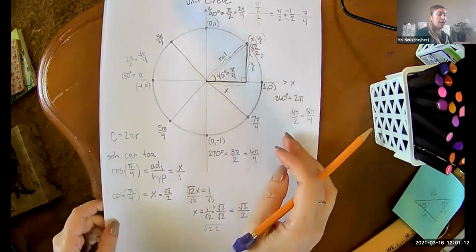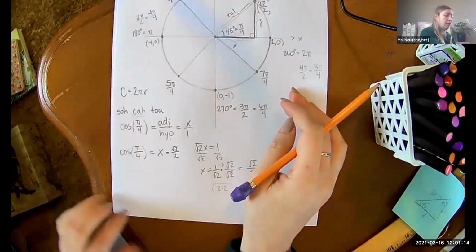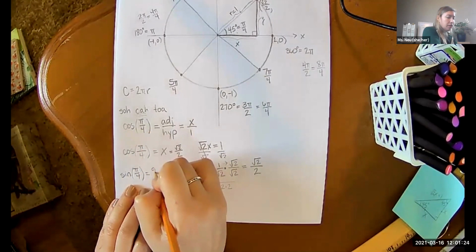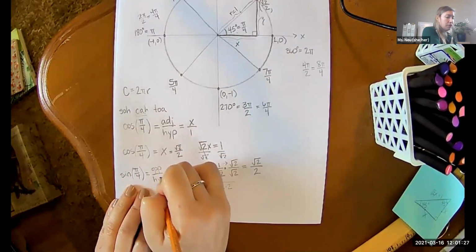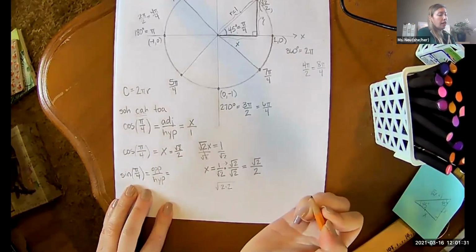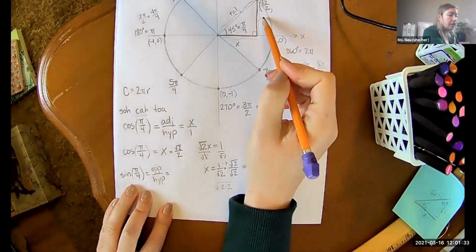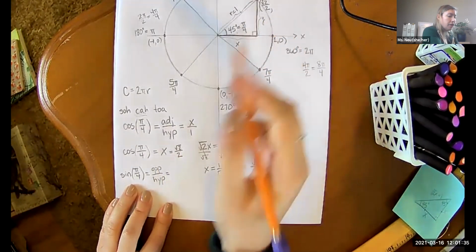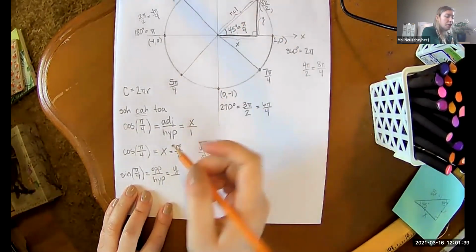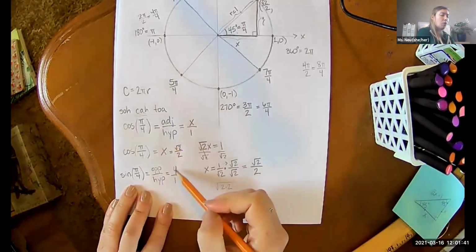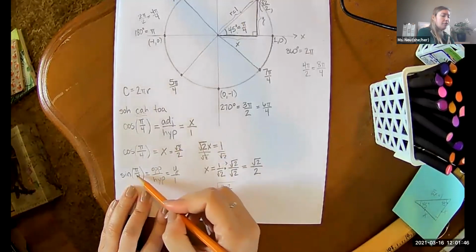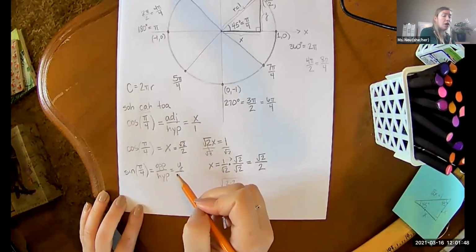So now I'm going to take the sine of pi over 4. The sine is opposite over hypotenuse, and the opposite is my y value that I want. And remember, my hypotenuse is still just 1. So y over 1, anything divided by 1 doesn't change anything. The sine of pi over 4 is just my height